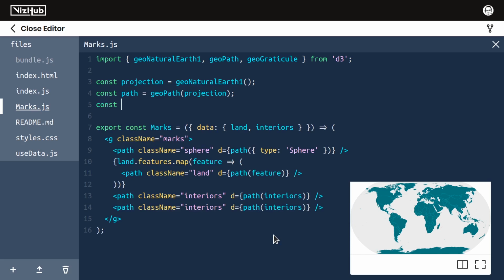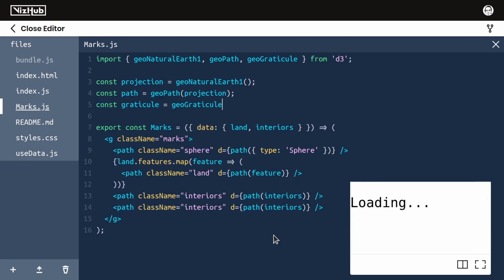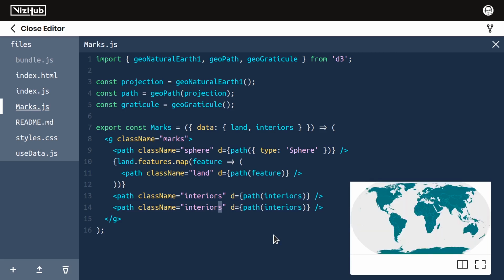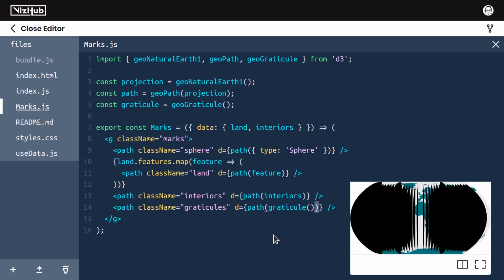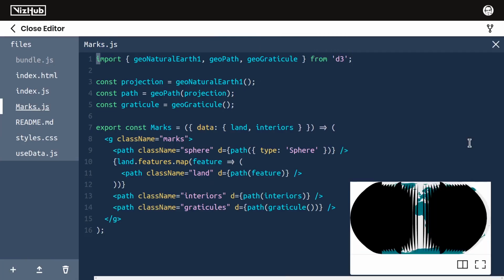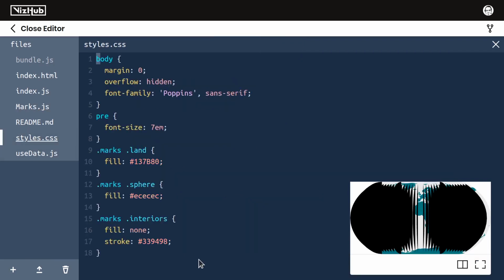So we could say const graticule equals geoGraticule invoked as a function. And then for our path, let's give it a class name of Graticule, or how about Graticules? And D can be path of Graticule invoked as a function. And now it's rendering the Graticules. It's filling them in, so we're getting this super strange looking shape. We can address that in styles.css